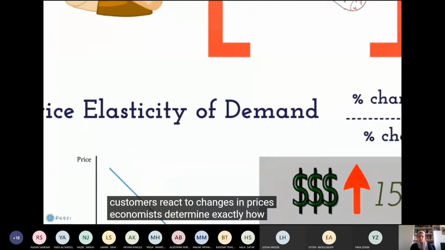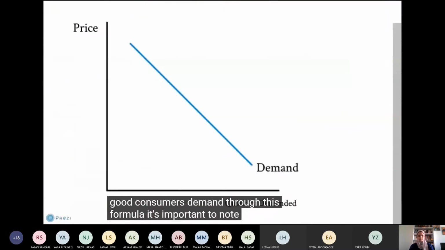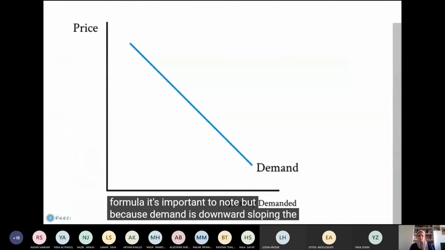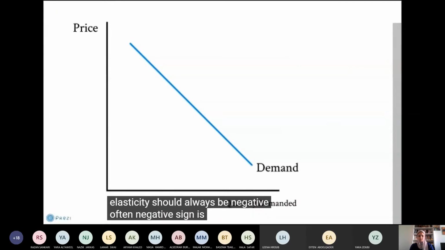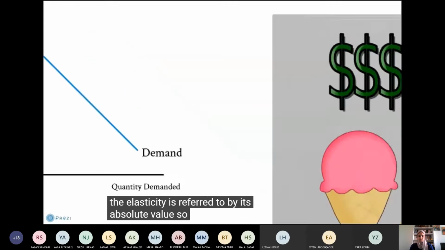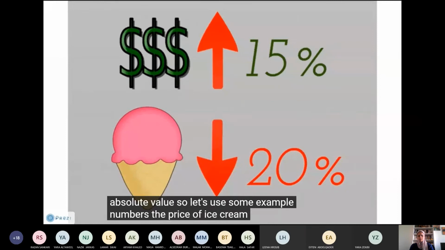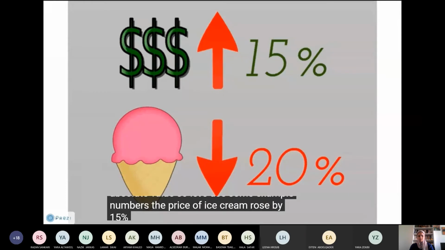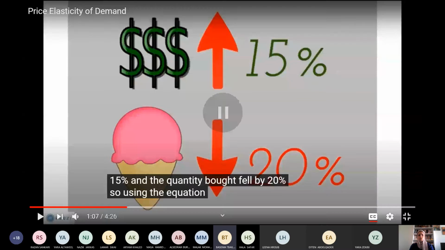Economists determine exactly how much a change in price affects the amount of a good consumers demand through this formula. It's important to note that because demand is downward sloping, the elasticity should always be negative. Often, the negative sign is disregarded and the elasticity is referred to by its absolute value. So, let's use some example numbers. The price of ice cream rose by 15%, and the quantity bought fell by 20%. So, using the